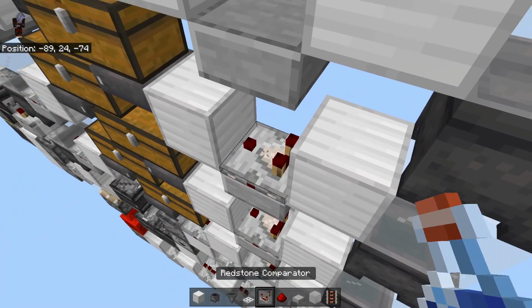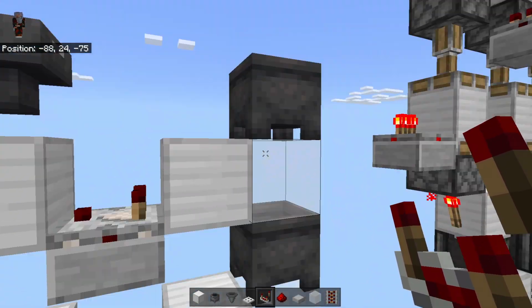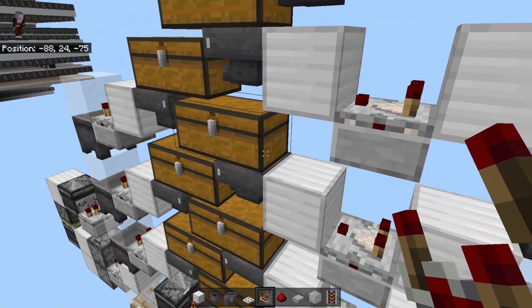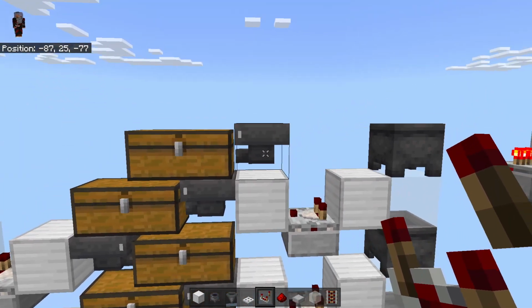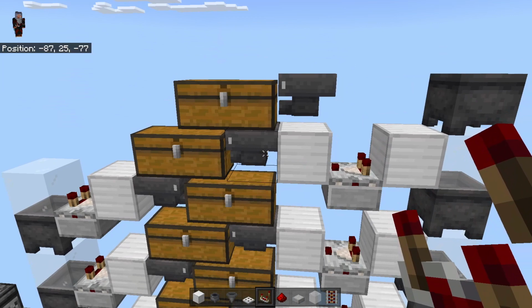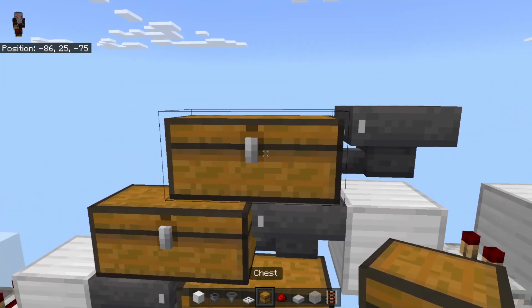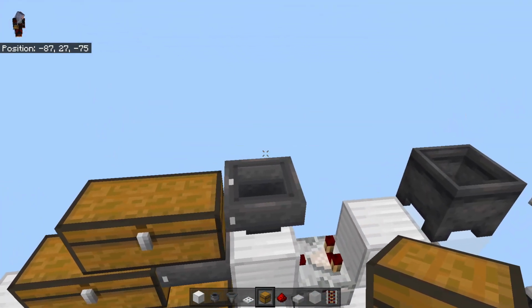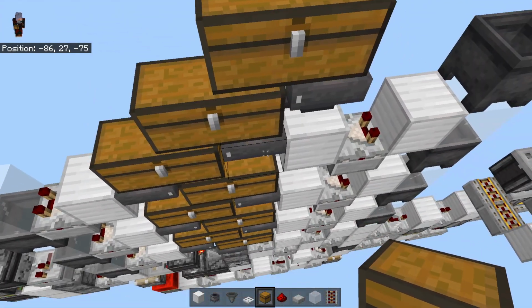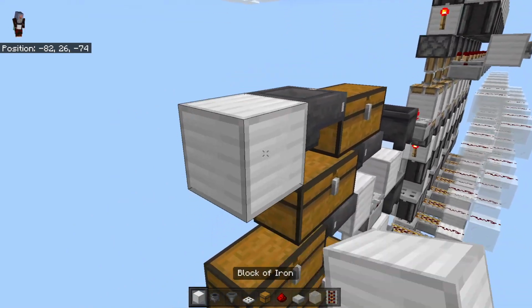Any way that you want to use to lock the hoppers, I have it going through a block, that's why those are there. So now that one will lock that hopper and that hopper. So we're good there. Now we're going to add another chest here, a hopper there, a solid block there,